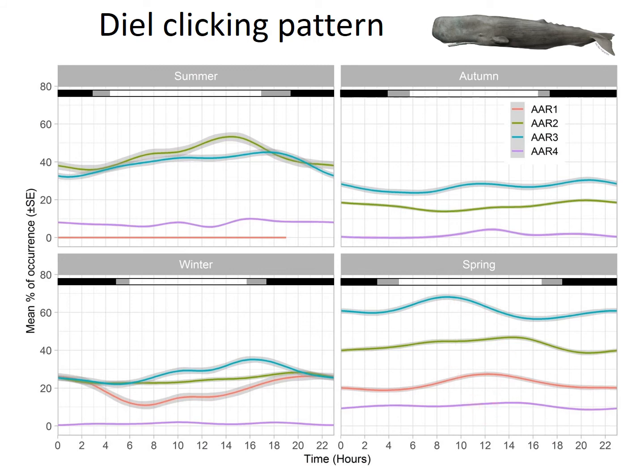So we looked at this and compared it to what the whaling data showed. The whaling data, based on Peter Best's work, showed that most sperm whales were feeding at any time of the day. They were able to dive to deeper depths during the day, and they're also able to forage to any depth during the night as well. Meaning it doesn't really matter what time of the day the sperm whales are able to feed. They're able to localize prey, since they're using most of the clicks for echolocation.